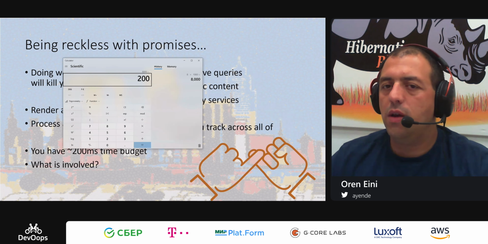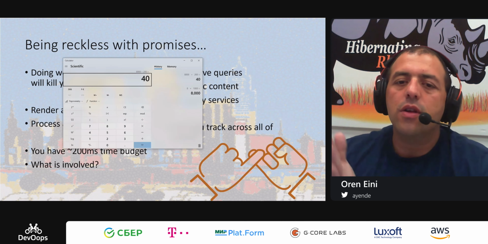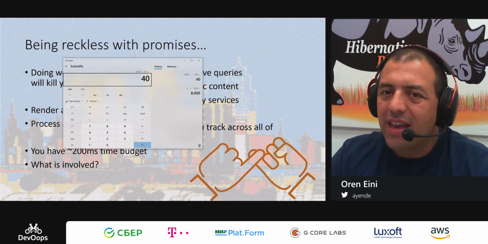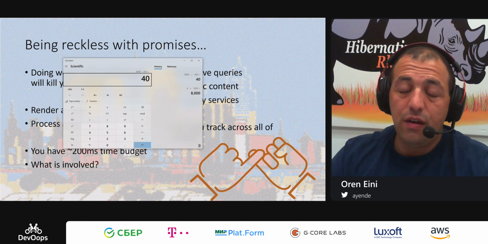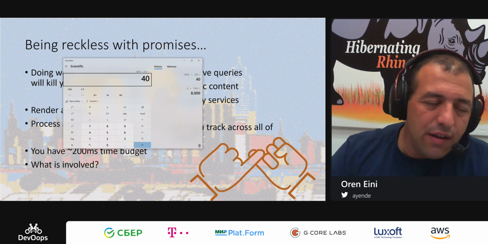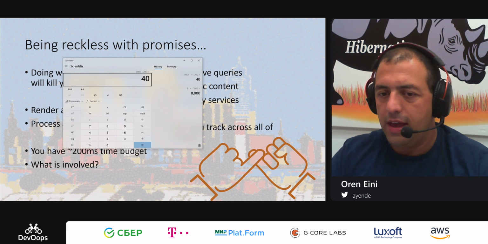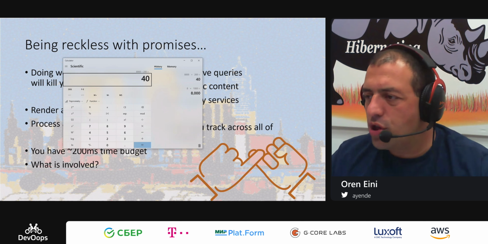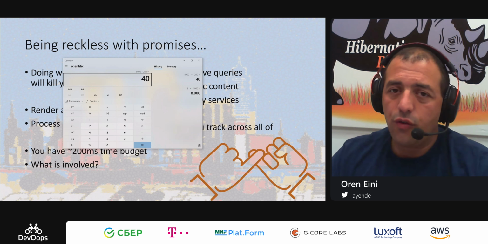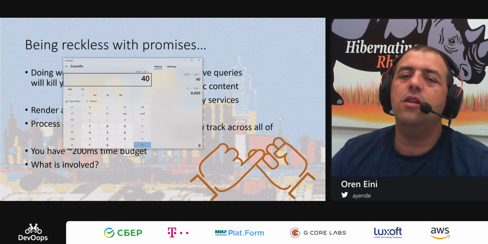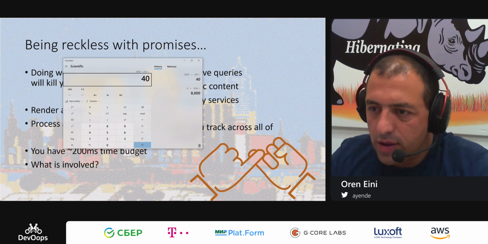If all of my requests are taking 200 milliseconds, I can process 40 requests per second per machine. Honestly, if this is completely independent, I can just add more machines and have infinite scalability. But to be perfectly frank, 40 requests maximum per second is horrendous.